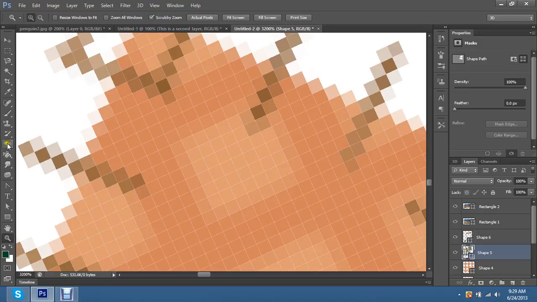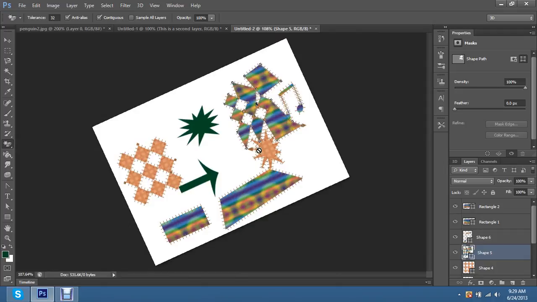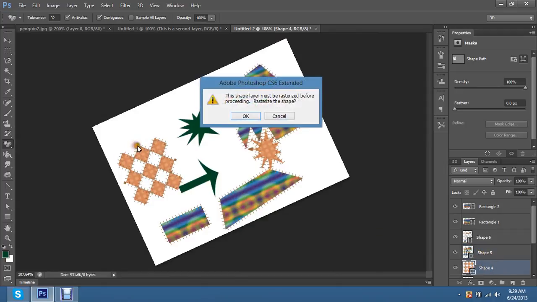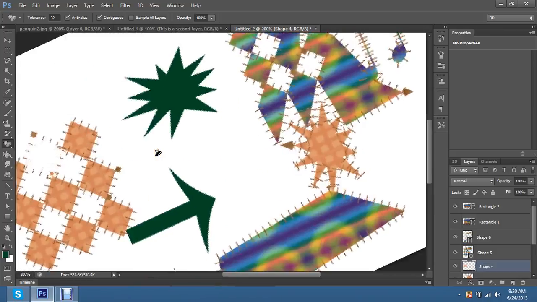If you were to erase these, I'll go ahead and try to erase these right now. Let's see if I can get this one highlighted. What happened to it? Okay, let me zoom out real quick. Let me find whichever shape I'm on. Yeah, I want to be highlighted on this shape. Okay, so boom. Okay, I can erase that. But let me zoom in real quick